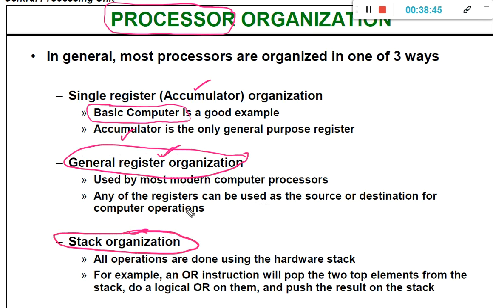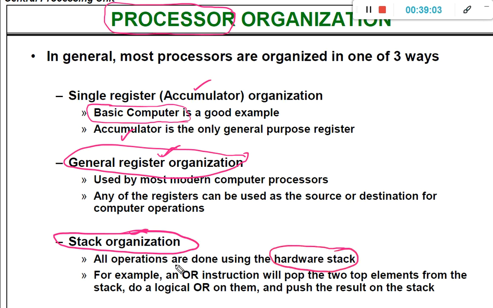In addition to implementing the stack for evaluating the postfix expression, we can also use the stack to perform all of the operations. So all the operations are done using the hardware stack.